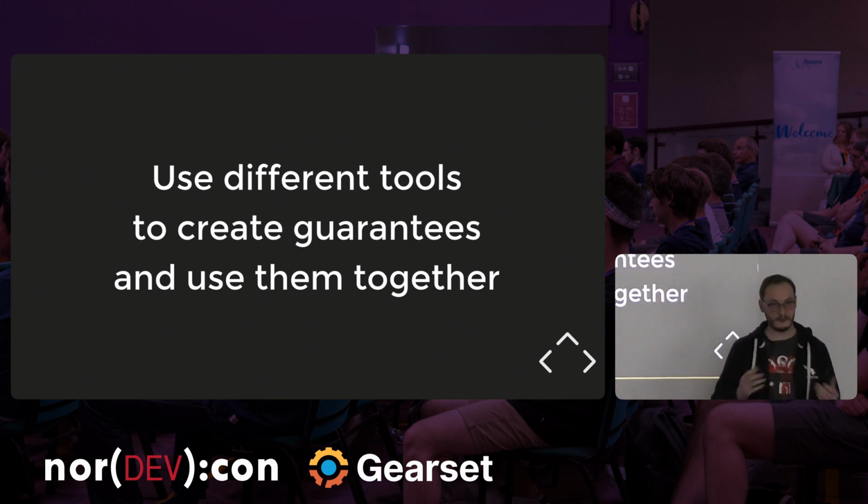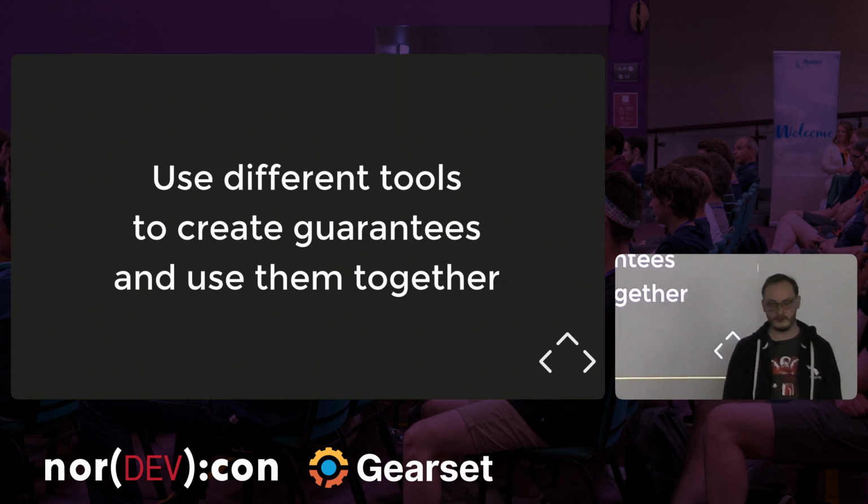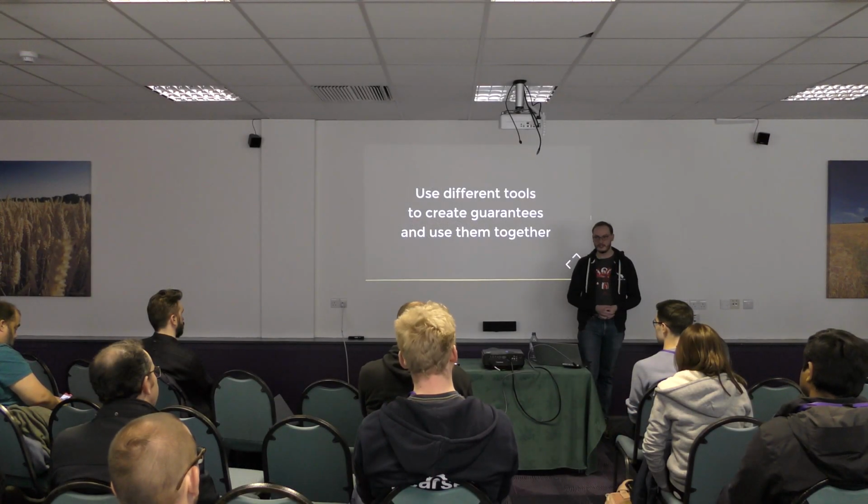So you have different tools at your disposal: types, the type checker, tests, dynamic analysis, linters, TDD, pair programming, all those things. Try to use them together to create the guarantees that you want, so that you can keep on working